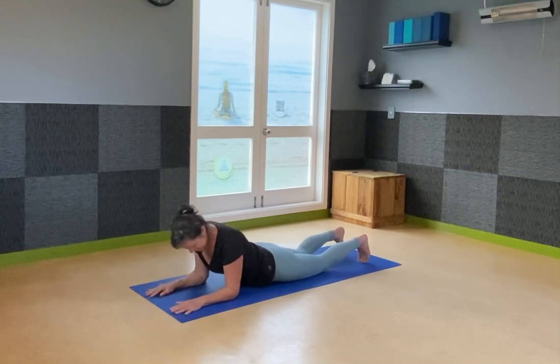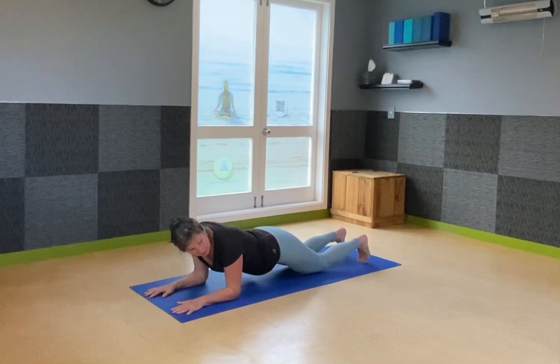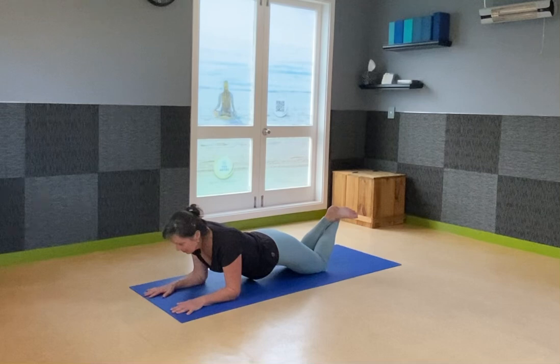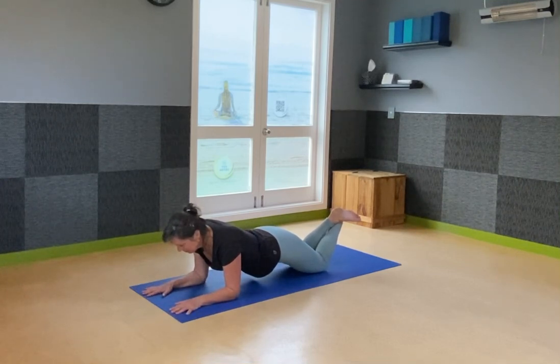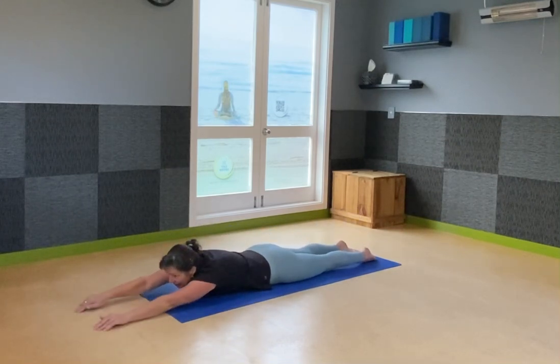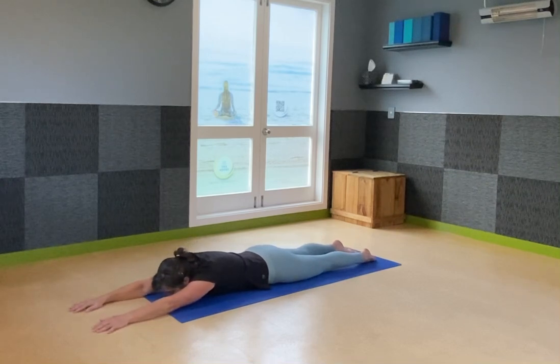All right, when you're ready, elbows pressed down, belly button pulls up to spine. Yep. Want to make it harder? You could take your feet off and cross the ankles. Last breath to it. Come all the way down again. Big stretch out. Again, make sure there's no tension in the back. And then from here,